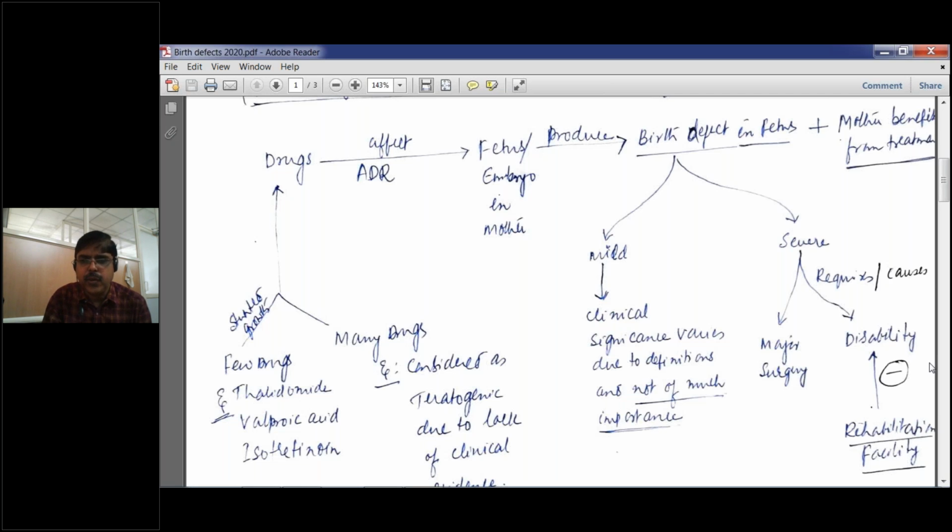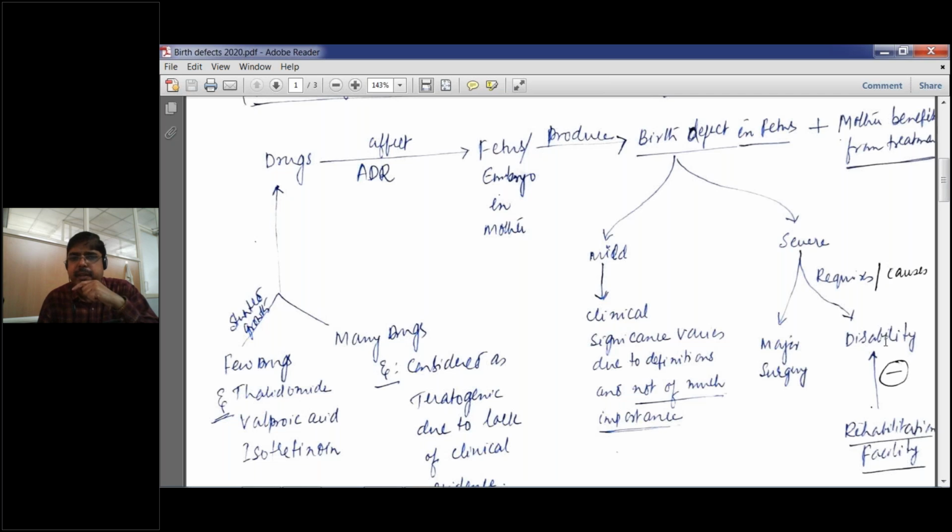Or if it is totally disability, if the person has lost an organ, or the organ is totally disabled, then you can go for rehabilitation facility. If you give a rehabilitation facility, then it can take care of the disability. So basically the adverse effects are related to drugs with respect to